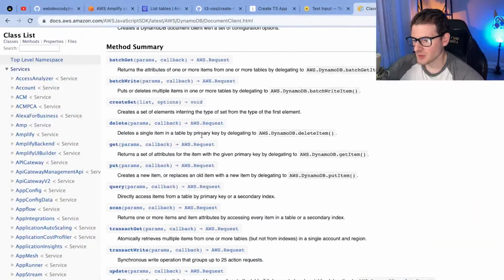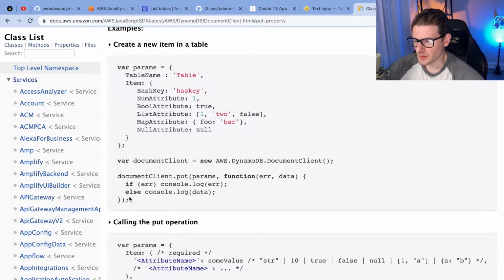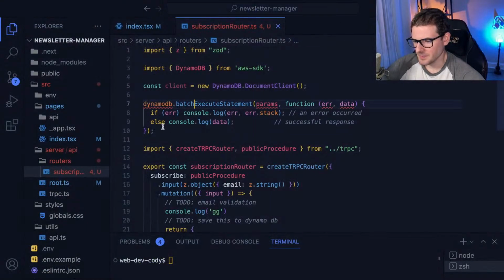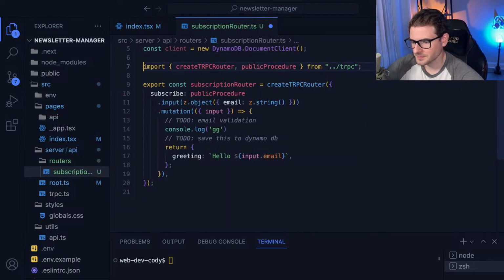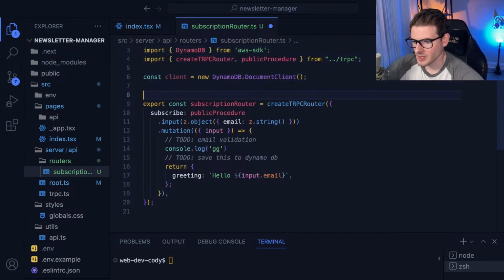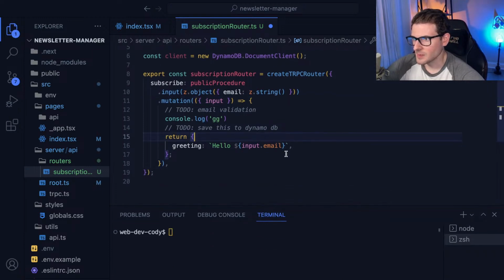Okay. So I want to be able to write something. There's a put request here. If I zoom in a little bit, it's pretty small. You can put items into your table by doing this type of request. I'll do the client.put, and you specify the name of your table. So I'm going to delete this stuff and make sure I group that up. I don't know if I want to do the client inside of the router itself or just outside. I don't know if it makes a difference. We're also going to have to set up an AWS access key, which I'll probably have to do off the stream.